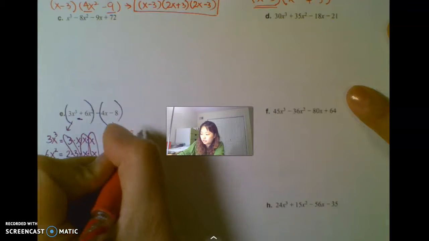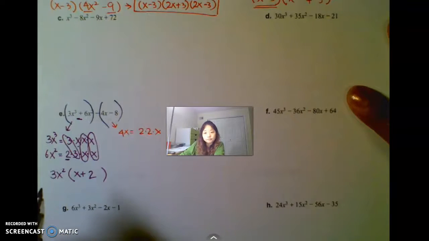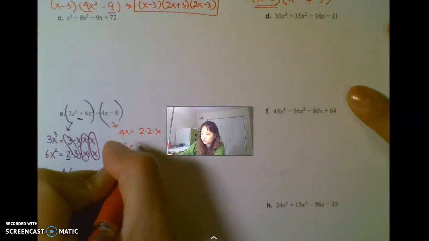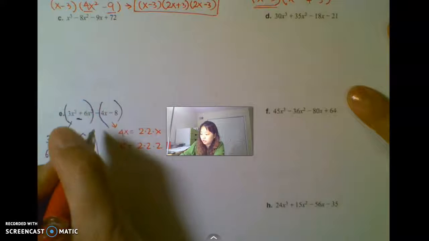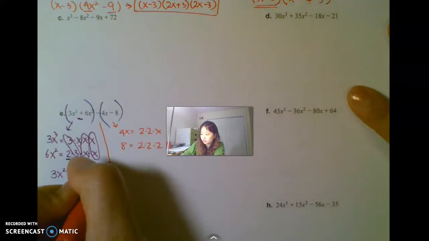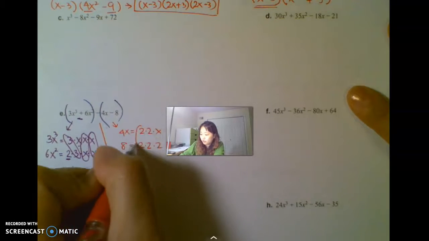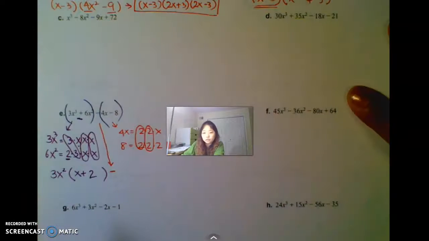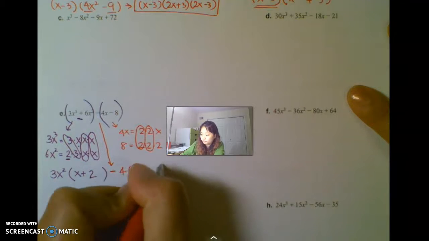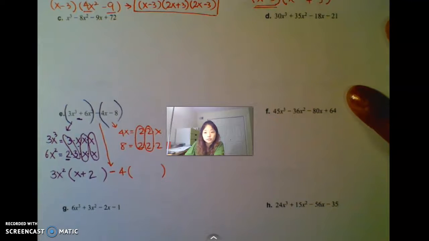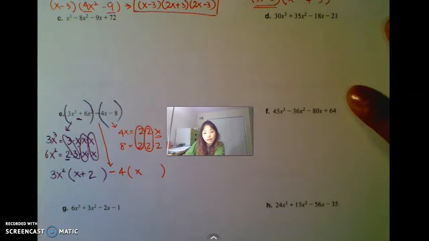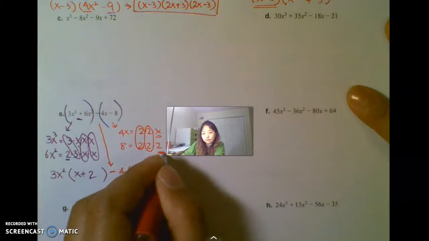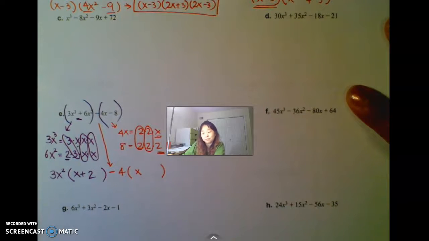4x. 4x is 2 times 2 times x. 8 is 2 times 2 times 2. Okay, but make sure, this is the tricky thing with the sign, so we're going to put minus. What is the greatest common factor? Well, 2 times 2, so you want to put 4. Let's see what's left. We have the x left, and then we have to be careful. I know we have 2 left, but you have to think about, do I need a plus 2 or a